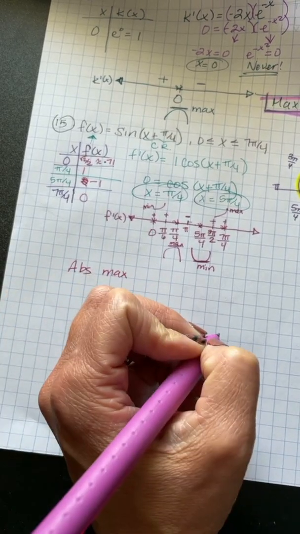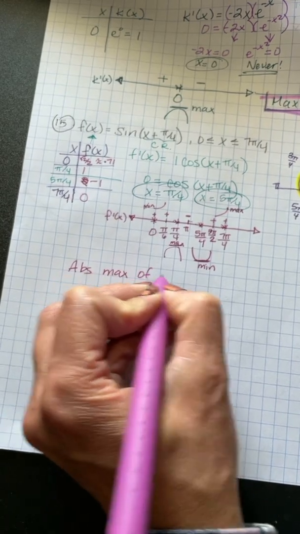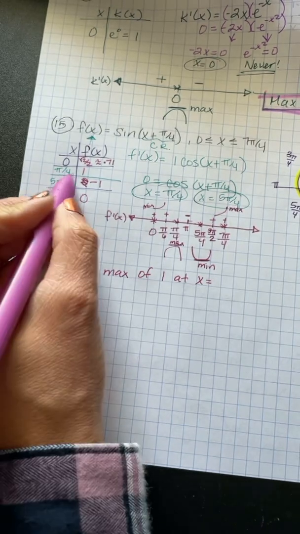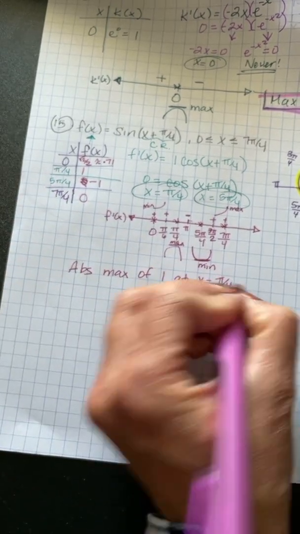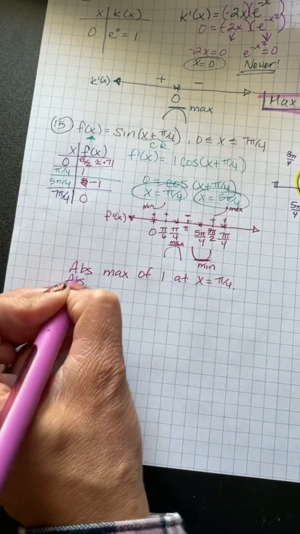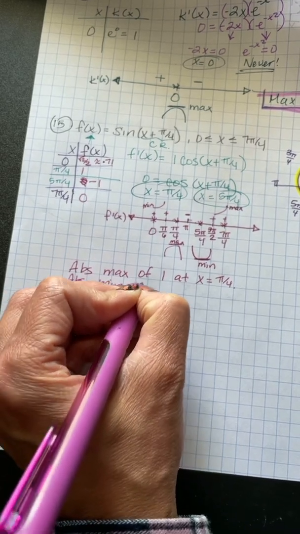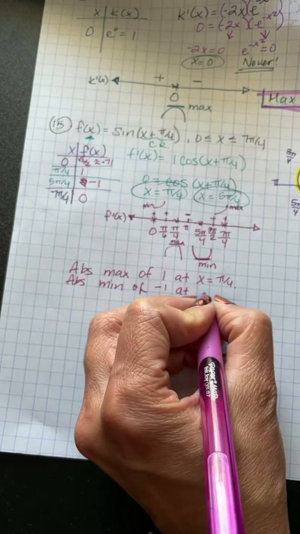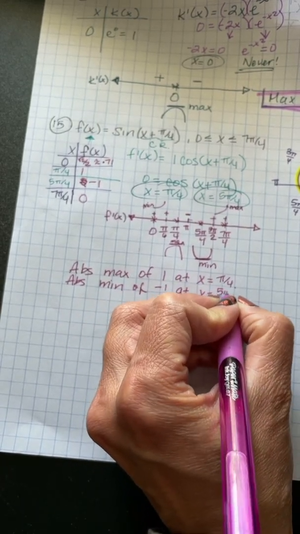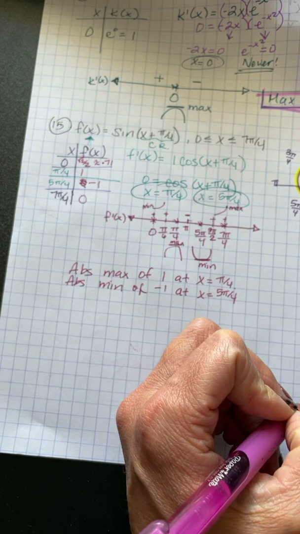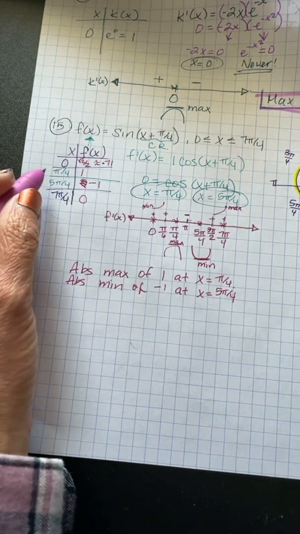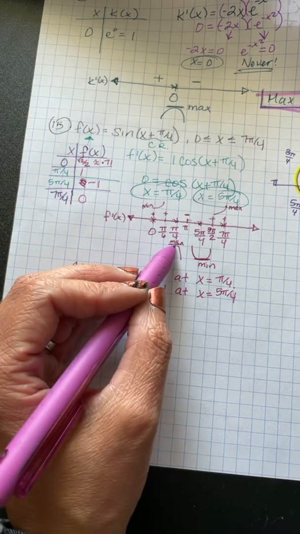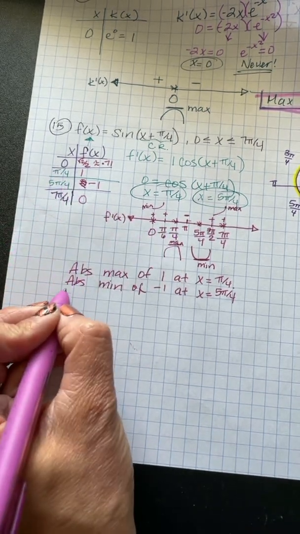Absolute max, the biggest one, is positive 1 at x equals pi over 4. We have an absolute minimum, the lowest low, of negative 1 at x equals 5 pi over 4. And then the other two are the local extrema. So the local max was at pi over 4, at 1. So we have a local max